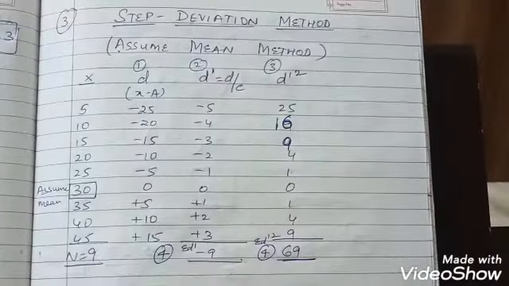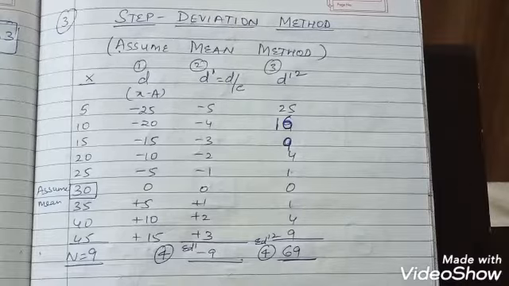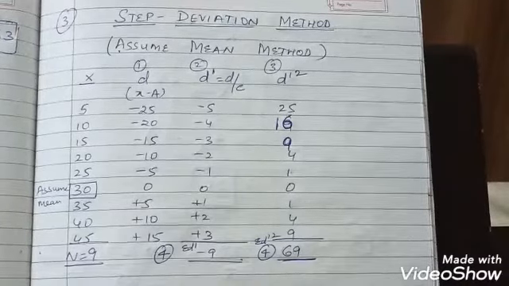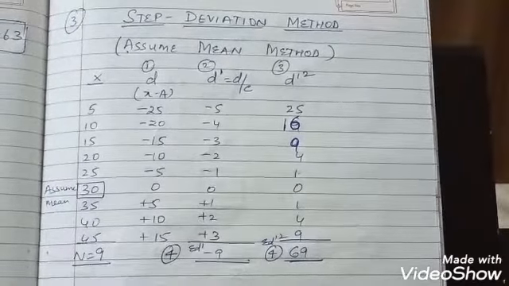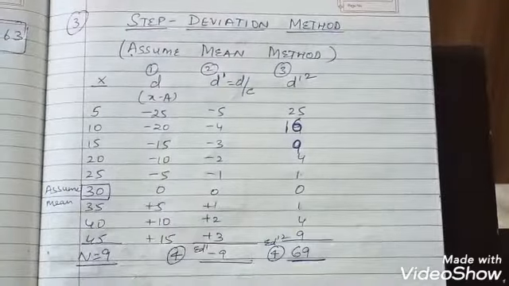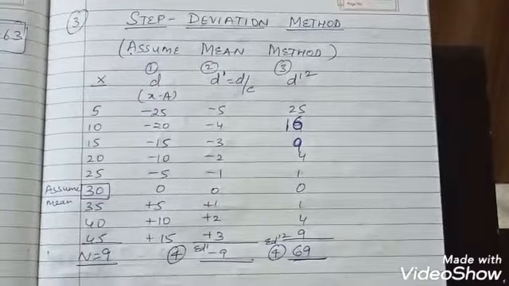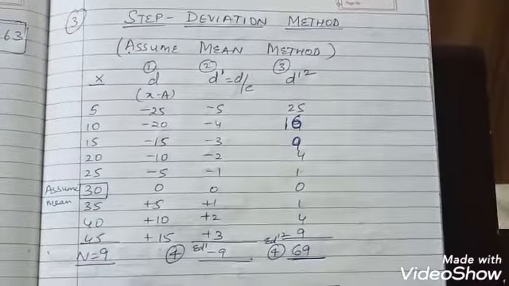The third method of estimating standard deviation in case of individual series is step deviation method or assume mean method. I'm just going to give you a quick brief about this method because actually this method we don't give it for evaluation. So just for you to have an idea of what is this method, I'm telling you. So I'm not going to give you any practice sum. I'm only going to give you an idea about this method क्योंकि अगले दोनों series में ये दोनों methods हैं.